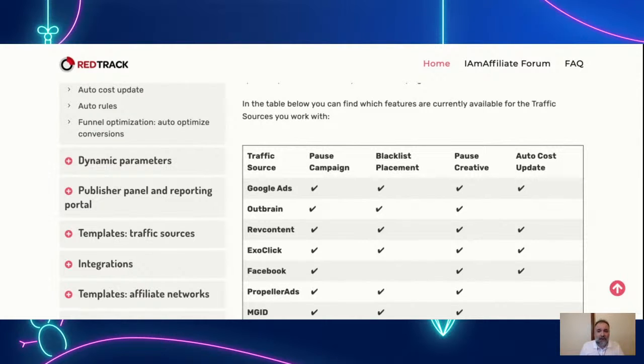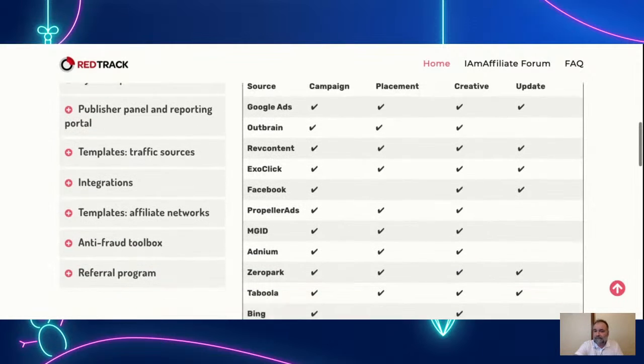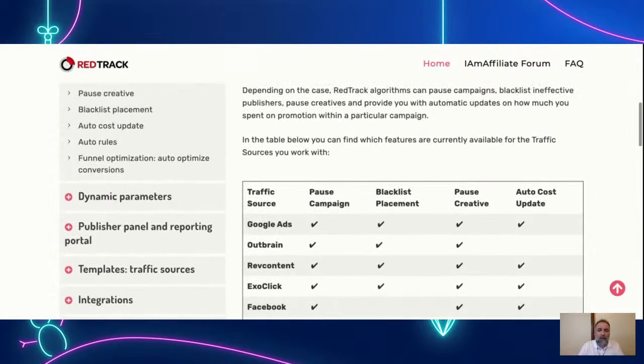And this is just the tip of the iceberg, because besides those rules, you can also set up alerts for any traffic source that will at least notify you that action is required. So again, instead of recurrently going through your stats, checking them, drilling down into the performance of each particular placement, you set up an alert, a webhook to a system. And when something needs to be blacklisted, you know about this immediately. Or for those tools that support it, you just create a rule and it will do it for you.